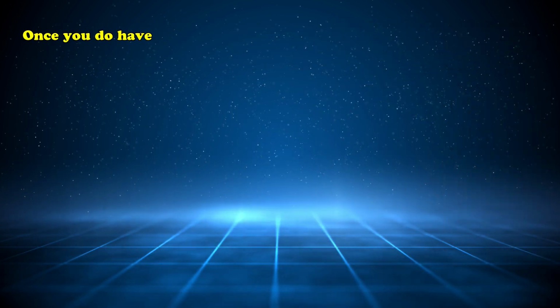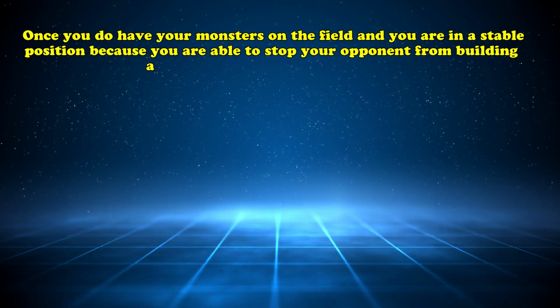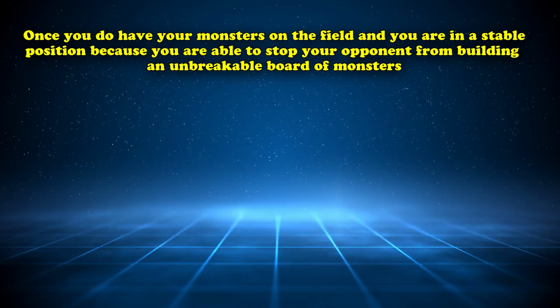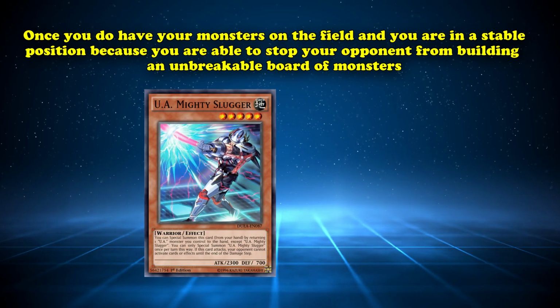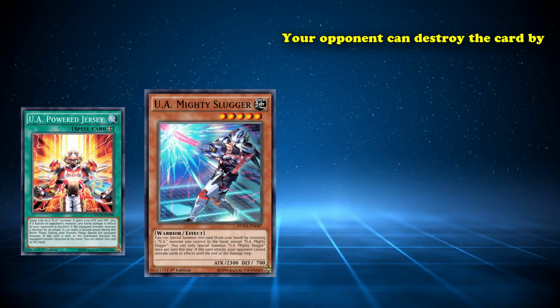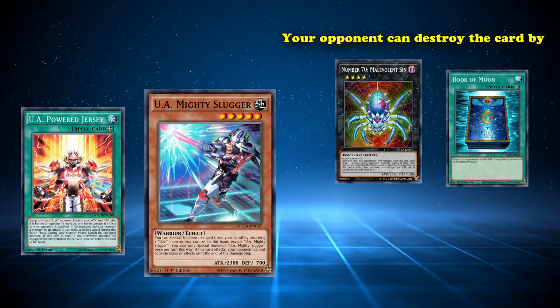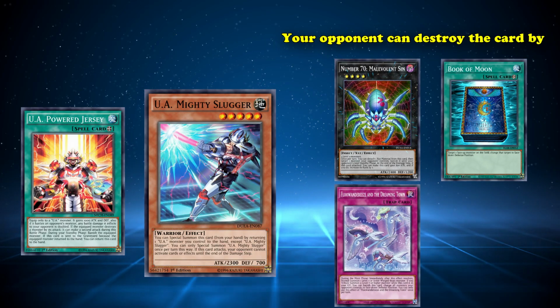And then, once you do have your monsters in the field, and you're in a stable position because you're able to stop your opponent from building an unbreakable board of monsters, and you finally have gotten some kind of equipped spell card on your monster, like maybe you got a Mighty Slugger on the field and equipped with a Power Jersey, your opponent can just destroy the card by temporarily removing Mighty Slugger from the field with something like Number 70 Malevolent Sin, or simply flipping it face down with something like Book of Moon, Flunderies at the Dreaming Town,